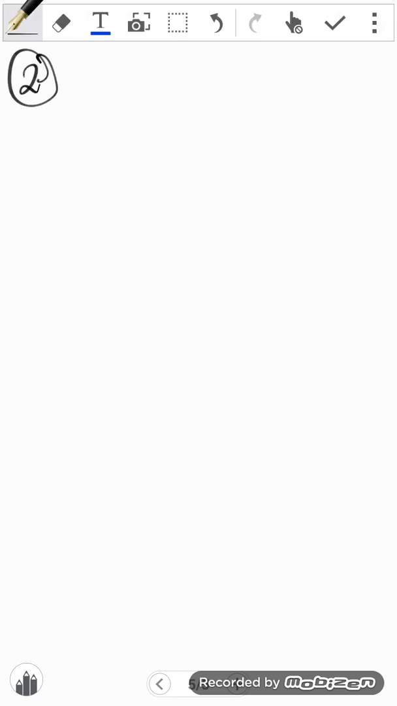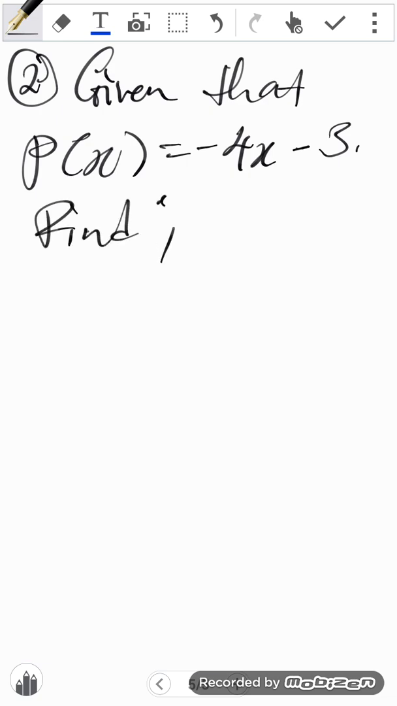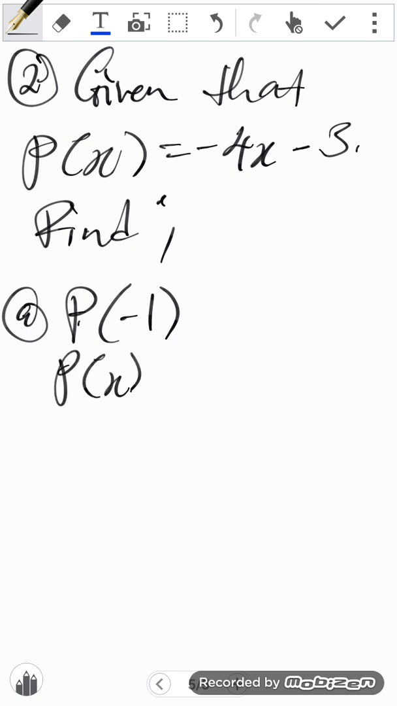So presuming that you are given that p of x is equal to -4x minus 3. And we are asked to find p of -1. So to find p of -1, it's quite simple. We'll look for the function that starts with p, and the only function in the question that starts with p is simply p of x, which is equal to -4x minus